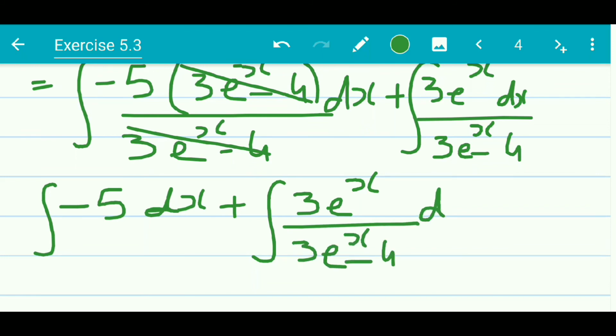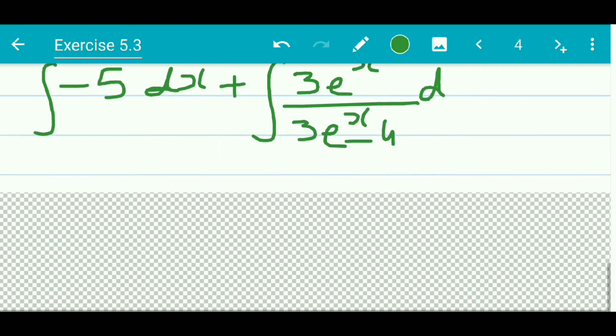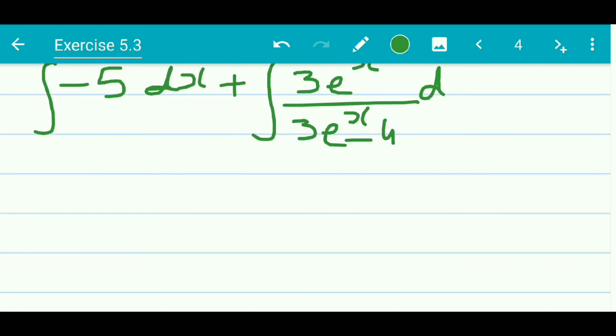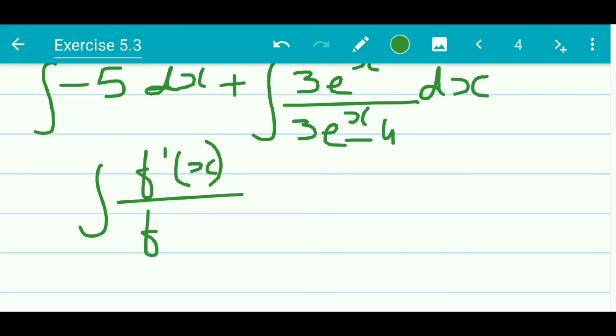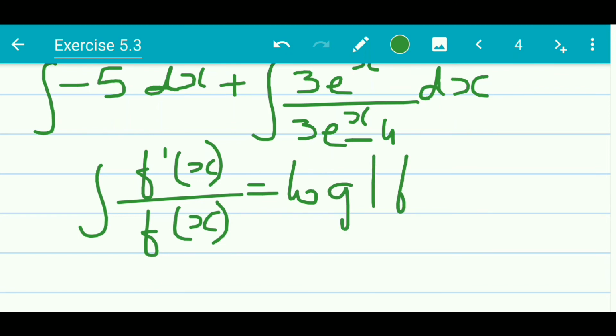Now here I wish to tell you a particular formula. See, we can easily substitute, that is let I1 be equal to the second term, and then we can do the substitution method as well. But then there is a formula which you can use directly, even that is equally applicable. The formula is this way: the integral of f dash of x upon f of x gives us log mod of f of x plus c. This is the formula.